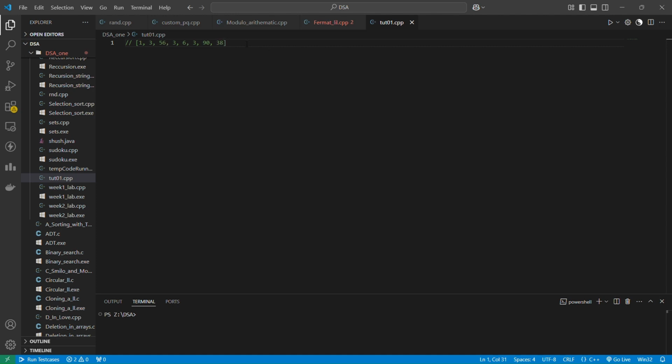Well, we cannot use it here because this is not a sorted array, so we will not be able to use binary search. But if it were a sorted array,